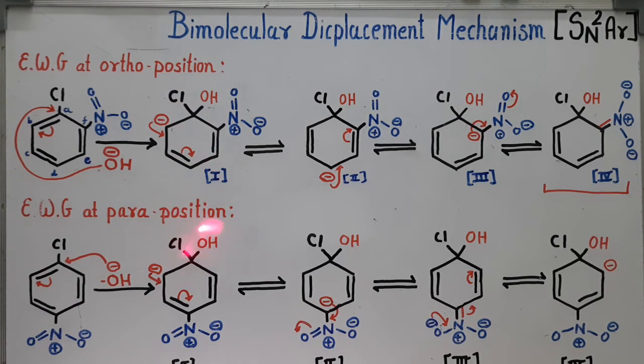This negative charge will be delocalized by resonance in the following manner to give 4 resonating structures. Remember, in the case of chlorobenzene, we got only 3 structures, but here we are getting one additional structure, that is structure number 4. Just look at structure number 3. Here the negative charge is on carbon F, where the NO2 group is attached. Now this carbanion can be stabilized by the electron withdrawing tendency of the NO2 group, which will disperse the negative charge from the ring to give structure number 4. As the intermediate carbanion is stabilized, the activation energy will be decreased and the reaction will become easier and faster.